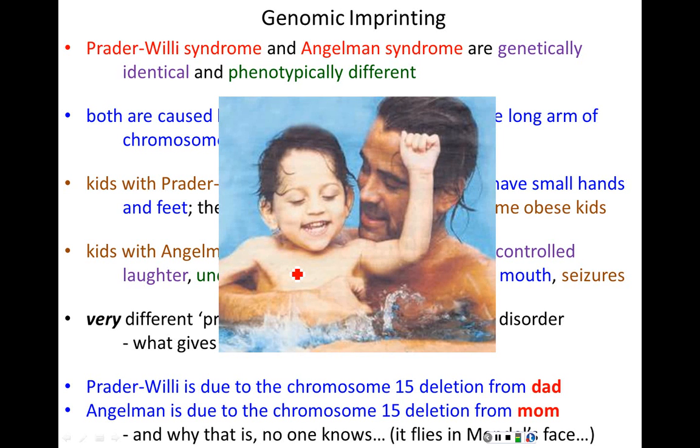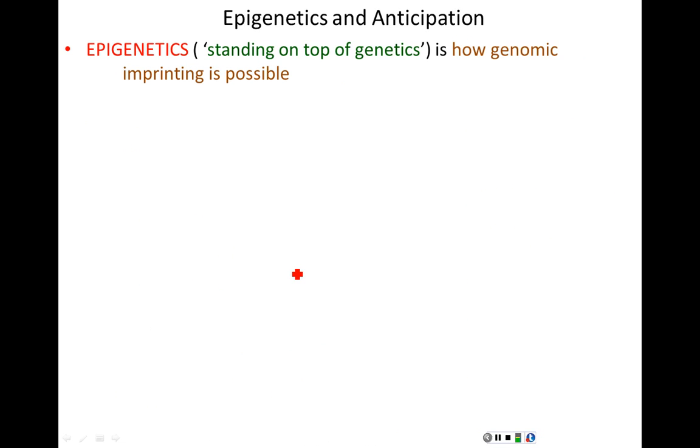And more than anything we've discussed, this flies in the face of Mendel. Mendel says that reciprocal crosses should have no effect whatsoever. Mutations, whatever their effects might be, dominant or recessive, whether they come from the mother or father, should not play a role, but yet it does. We'll talk a little bit about epigenetics and anticipation, then we'll start wrapping up the lecture from there.